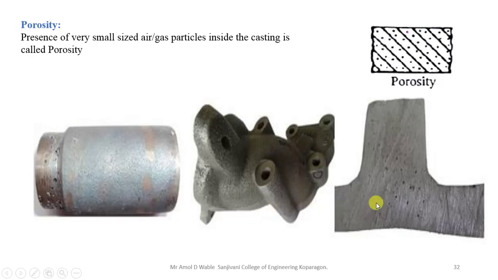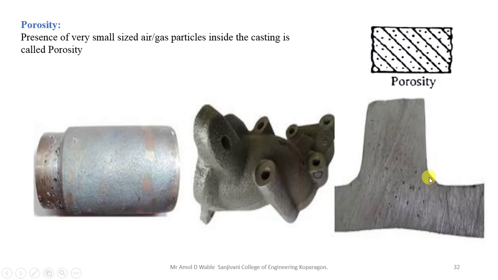Another is porosity. When a number of holes are present in a space, like a pinhole. If you have seen a pin, then those kinds of holes will be present in the casting, and this kind of defect is observed more in castings.